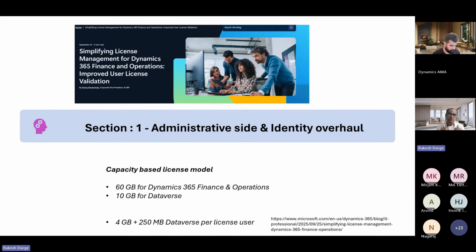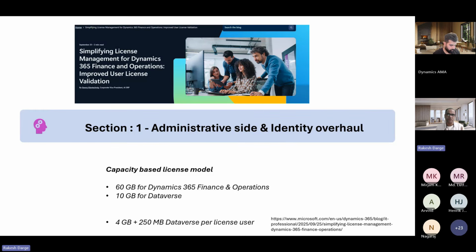Then the second segment was the activity-based license, where we need to identify with the help of the understanding with the customer, saying that, look, these are the bunch of personas who would require activity-based license because they are going to create some sort of invoices. They are going to post some sort of invoices or journals, and so on. That is where the activity-based license is attached. And the team members are a major chunk of people in the organization who used to do a lightweight add, update, and delete sort of activity, like modifying something, right?